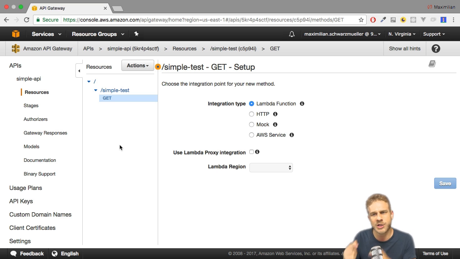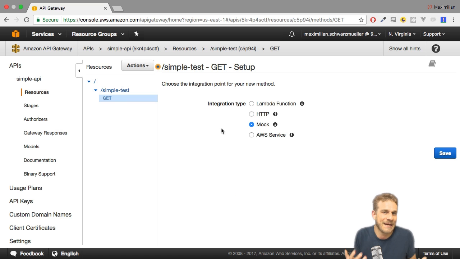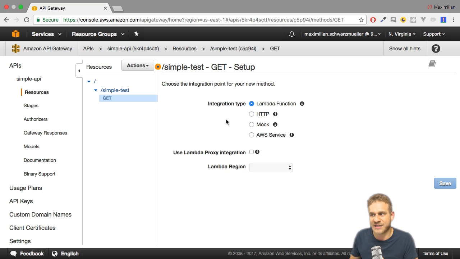Now we have to decide what we want to do if a request reaches this endpoint. We can execute a Lambda function, which sounds like what we want to do. We can forward this to another HTTP endpoint. We can set up a mock endpoint, which is a dummy endpoint, simply allowing us to return some dummy data. Or we can trigger some other AWS services. Now, I want to trigger an AWS service, but that service is Lambda, and therefore let's choose Lambda function. And what this will do is that whenever a GET request hits this endpoint, it will automatically execute that Lambda